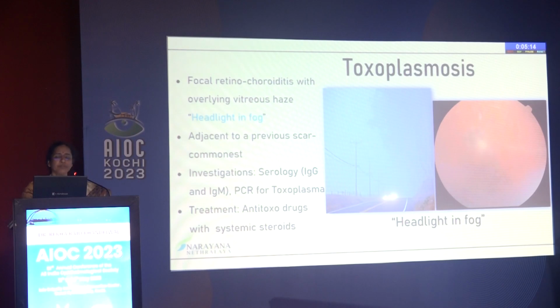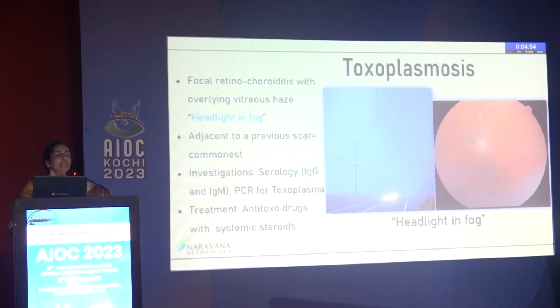And they have classical presentations like headlight in the fog appearance. These lesions can occur adjacent to the previous scar or somewhere in the fundus. We make the serological diagnosis, IgG and IgM, or in atypical presentations, molecular diagnostics like this B1 gene for toxoplasmosis